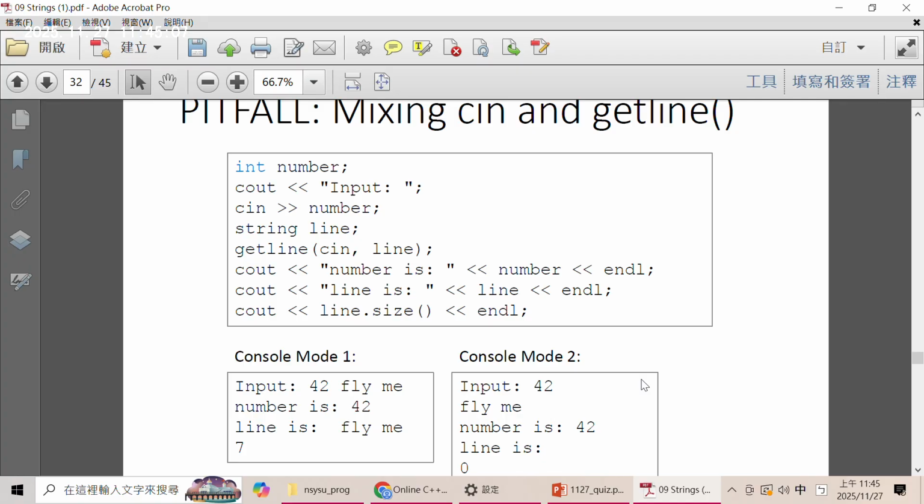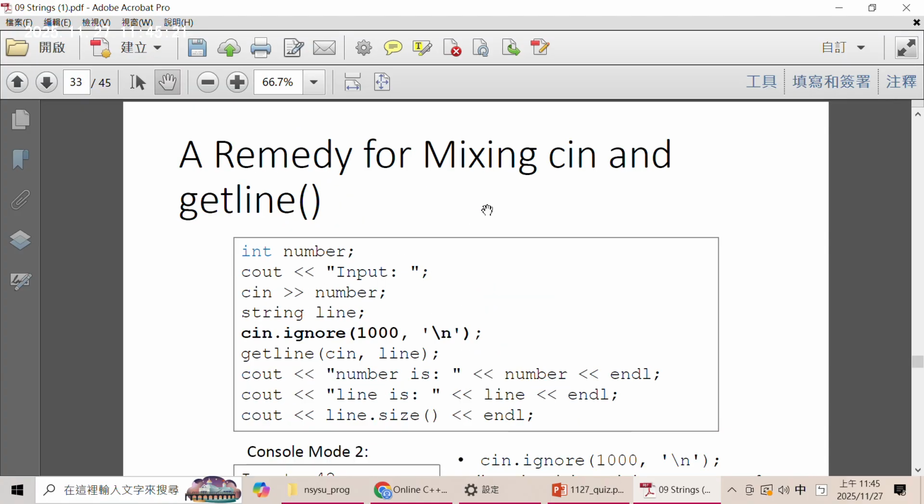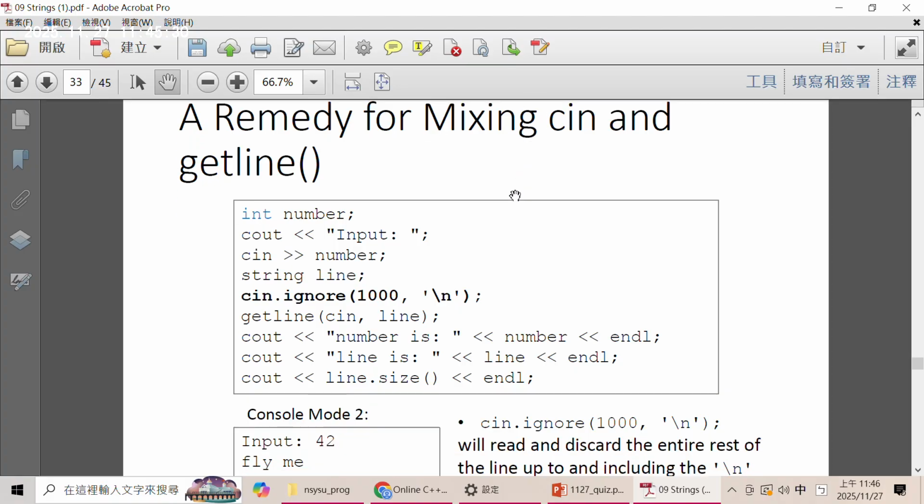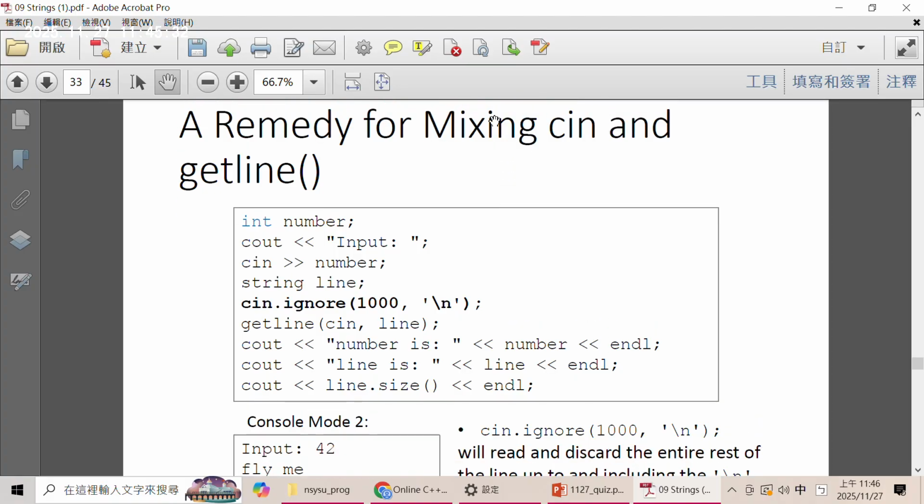We want to read inputs after the return key. We still want to enter some inputs. This is due to the behavior of getLine. In order to fix this problem, here is one remedy. You can add a statement